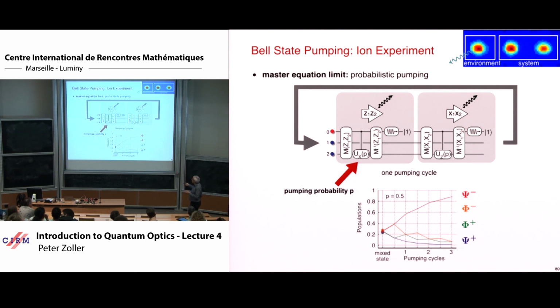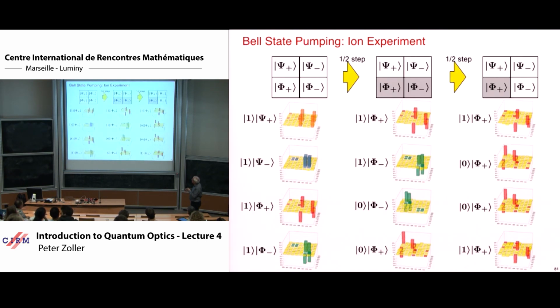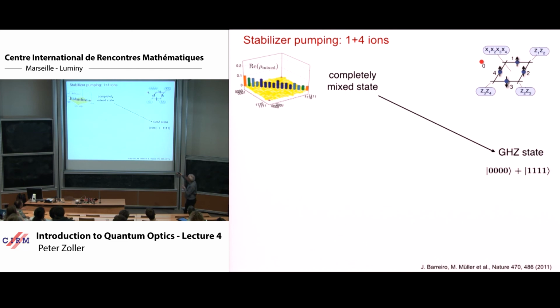In a master equation, this is like a stroboscopic master equation. This is theory, and this would be the experiment, but this is many Kraus operators. This would be the master equation limit, and you can again see decoherence setting in. This would be then the corresponding results of producing, in this case, it was a Bell state over here, and then the corresponding tomography. And of course, these things were then done also for much more complicated states, like 1 + 4 ions,